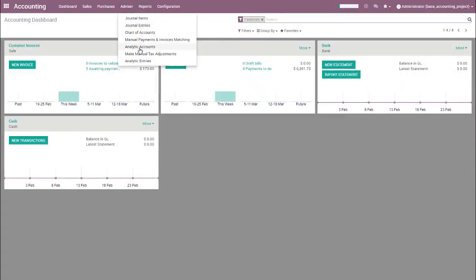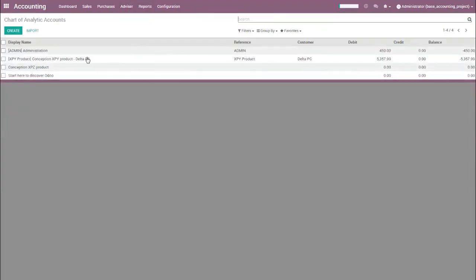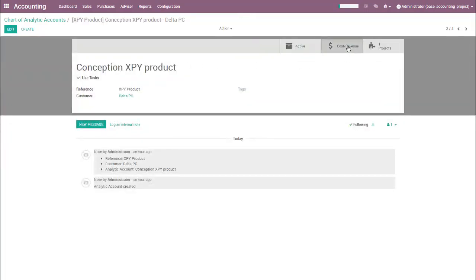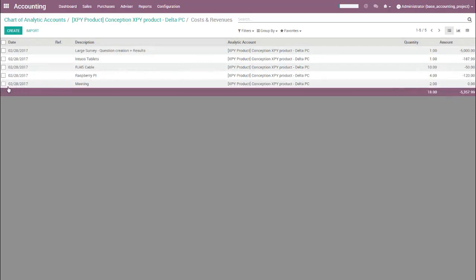And now, because I entered some timesheet element here, you'll see that in the analytic accounting, I can have a look at here my cost and revenues, and now I have a new entry. You can think that this is weird, we have a new entry, but we have no amount being linked to this entry. That can be explained, and I did it on purpose, because here if you have a zero amount,